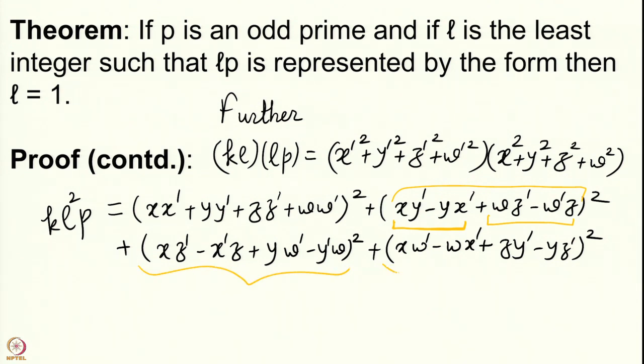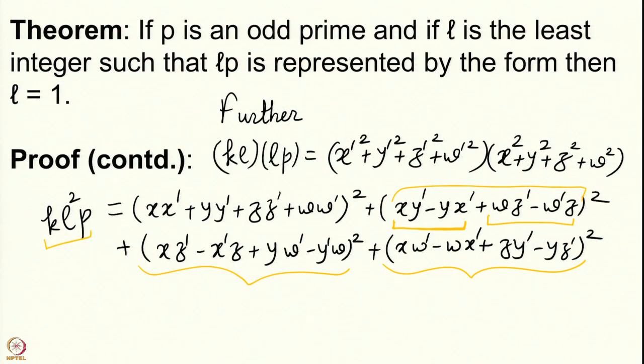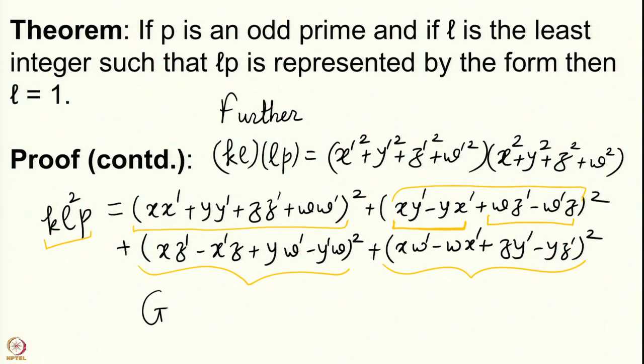Similarly, this is 0 mod L square, this is 0 mod L square. That means that these three terms are divisible by L square. We have that here we have divisibility by L square, which would imply that this term should also be divisible by L square. So you can simply cancel L square from all the terms that you see here,